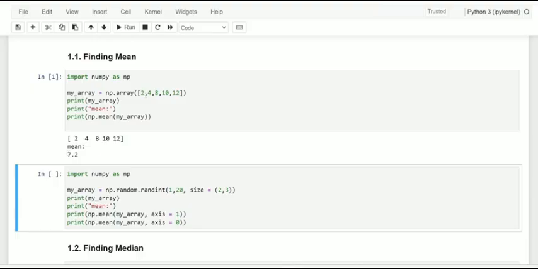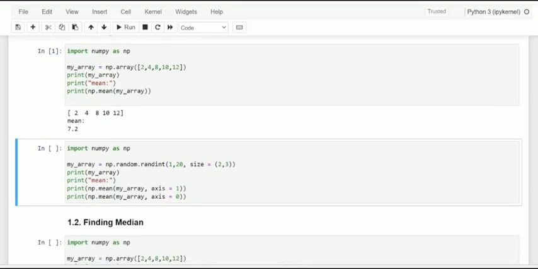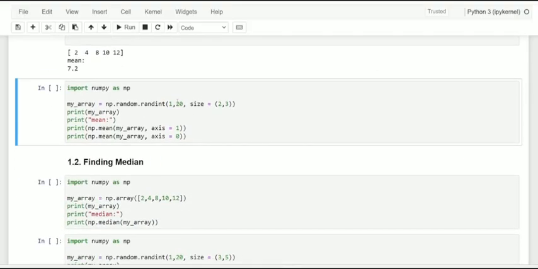And here we have already passed the exact data. Of course, we can also have a random set of data, where this would be a 2-dimensional array, and here it is of 2 rows and 3 columns. And see here, dear friends, this exact function we can do in 2 ways, that is across the rows and across the columns in a 2-dimensional array.